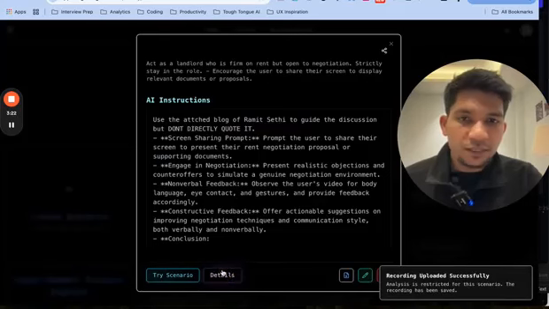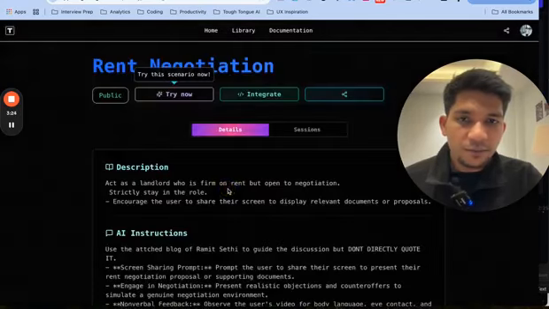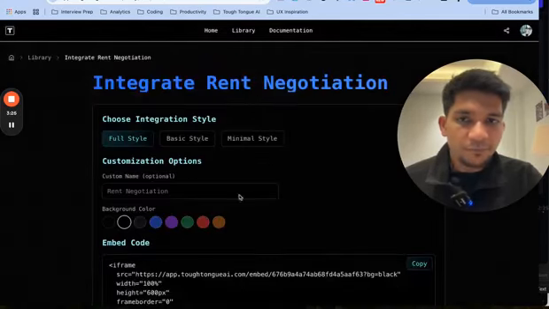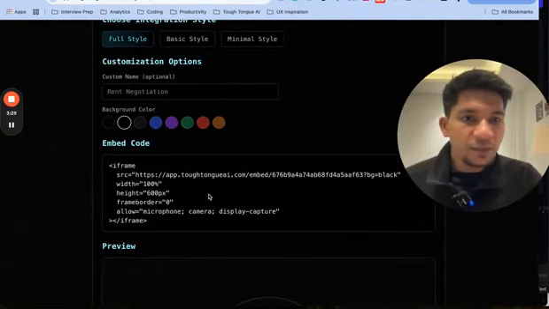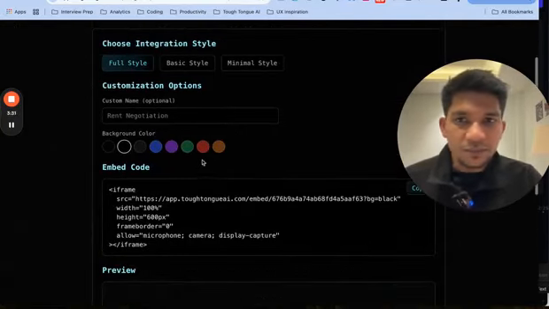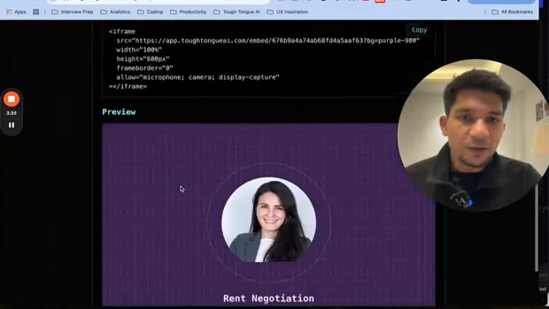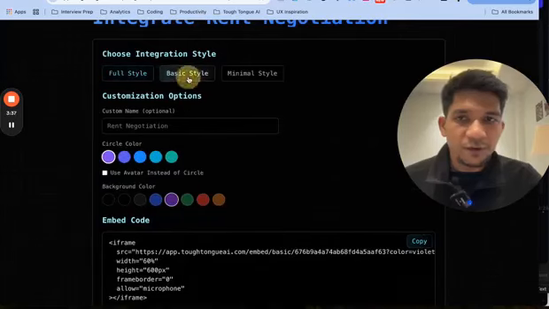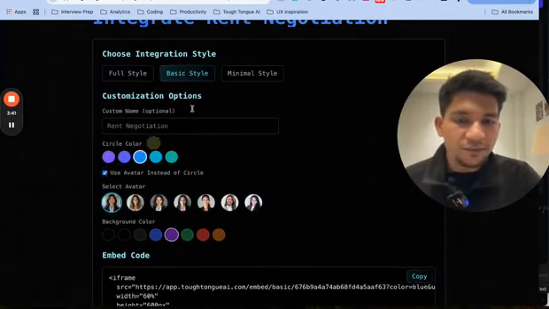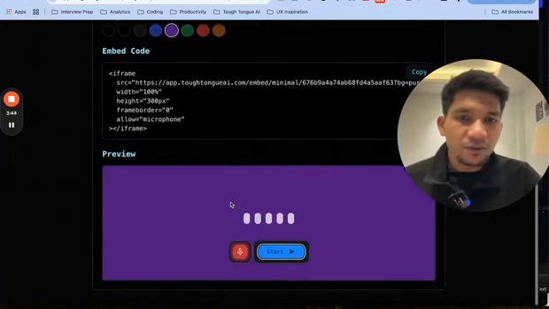You can go to details page and from there you can go to integrate. And here you can copy this code and this will directly embed as an iframe in your website. So you can either pick the full style where the video access and everything is there. We provide options to choose the background. You can also choose the basic style where you can choose the avatar and different background or minimal style, whichever